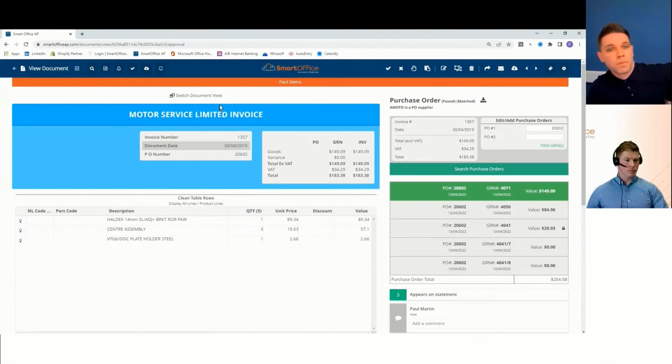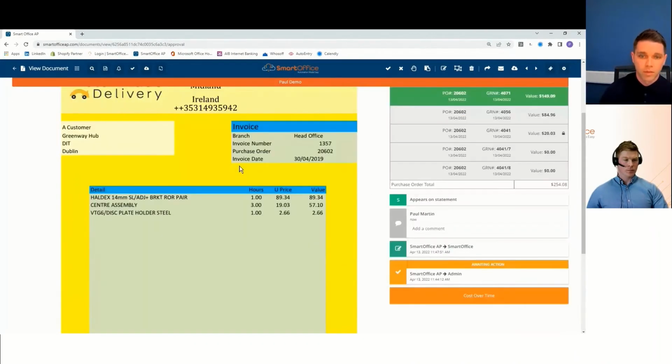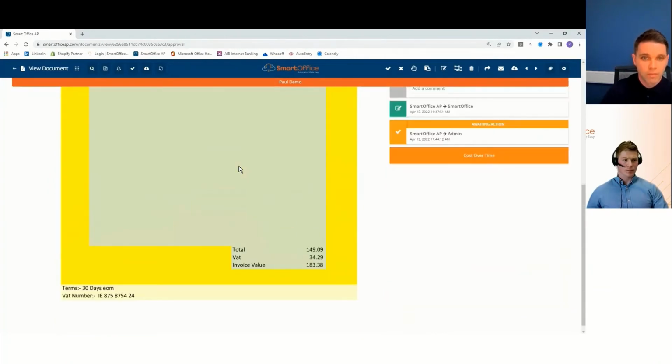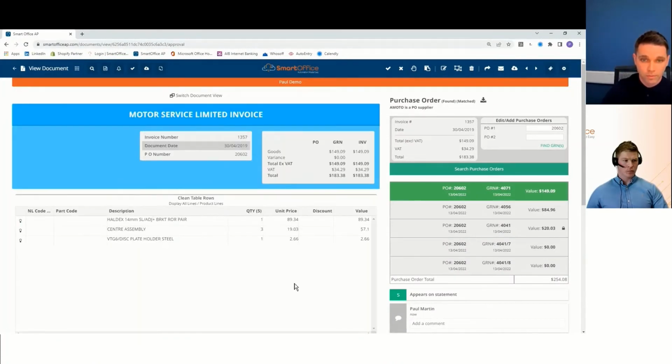So invoice arrives in, we find the PO or the GRN associated with it, and we do all of our fancy AI stuff. This is how the invoice came in. As you can see, it's a horrible looking invoice, but it's a one pager, and we can apply our brain to that. Now, that could be 5, 10, 20 pages, and we'll do the same. We'll do the extraction, and then we do a thing called universal view. So what we do is we present all of the decision-making data up here, extracted to the top, alongside the PO and validation data on the right-hand side.